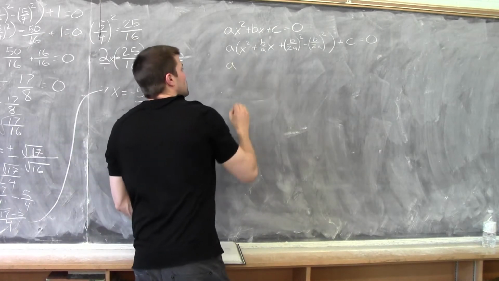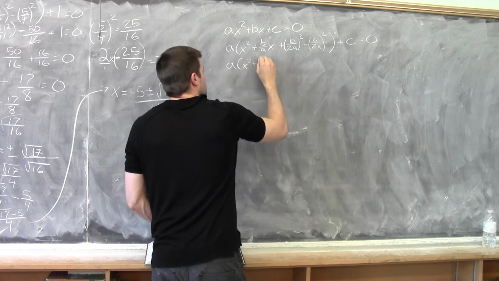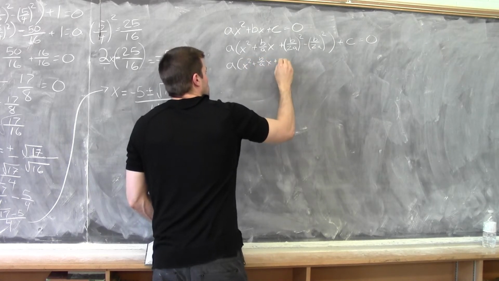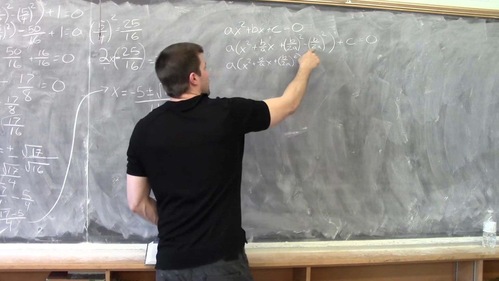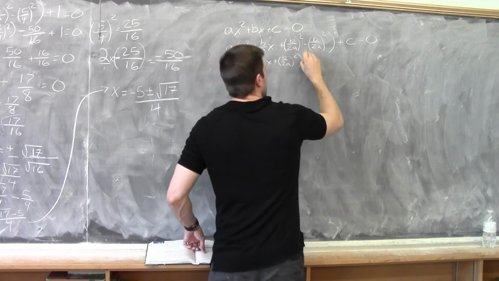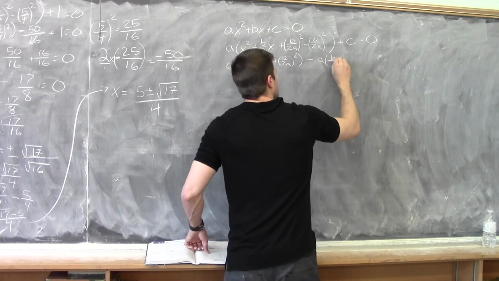Once I do that, now I want to create this perfect square trinomial, so I'm going to keep the first three terms. This last term I want to multiply by a, so it becomes negative a times